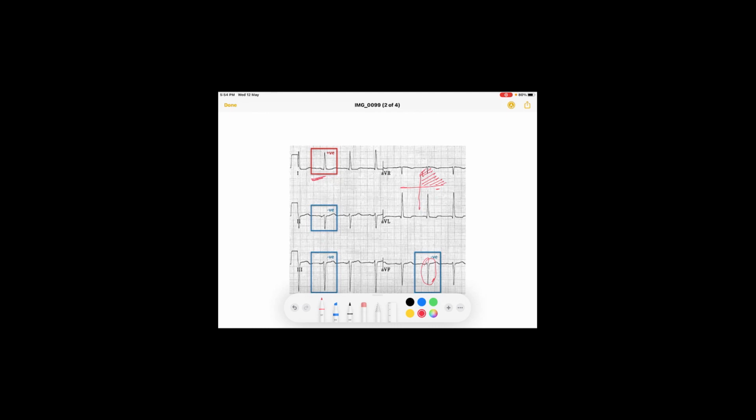As I told, there could be confusion around this minus 30 where it overlaps with normal and left axis deviation. So now look for lead 2. Lead 2 is a negative wave. The current is moving away from lead 2 somewhere here, so it is left axis deviation. If this was positive, then it was normal axis.